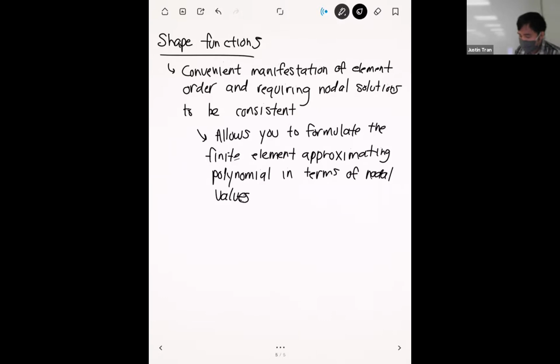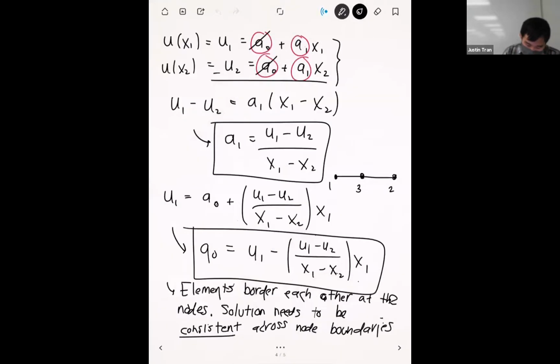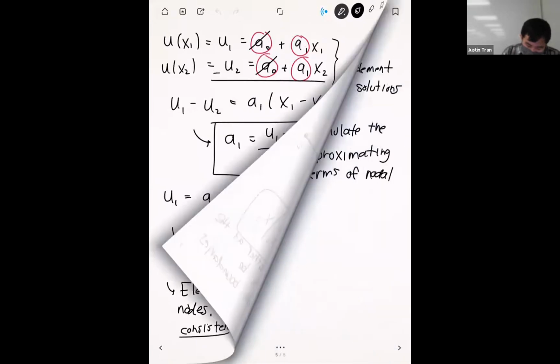Okay. Because we've already seen with a 1D linear polynomial, right? We've already seen that we can formulate in terms of A0 and A1, right? So we can say that U of X is equal to, actually let me just go ahead and write it all in. Okay. And so A0 is U1